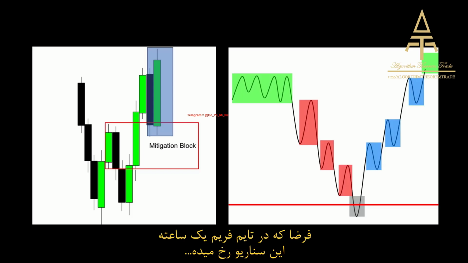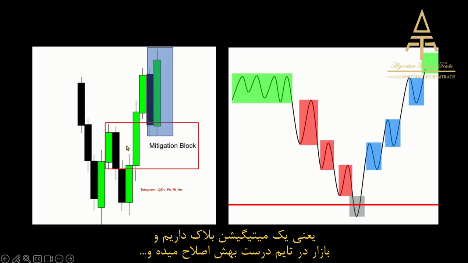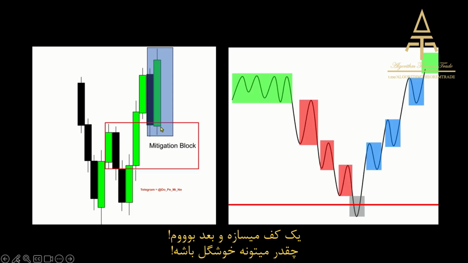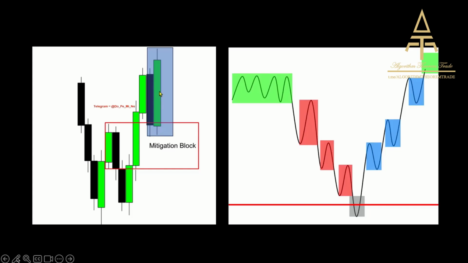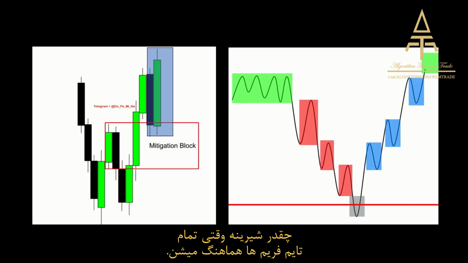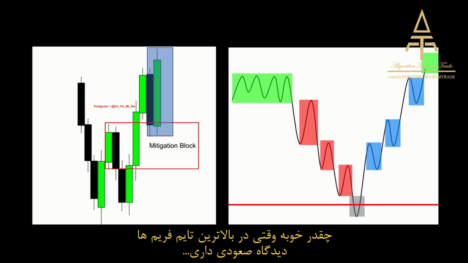Let's imagine that on the hourly time frame, you see this scenario play out or unfold, in which there is a mitigation block creation, market retraces into that during the right time of day. You see a low form, boom. How sweet is that? How sweet is it when all time frames align? How sweet is it when you're bullish from the highest possible time frame,